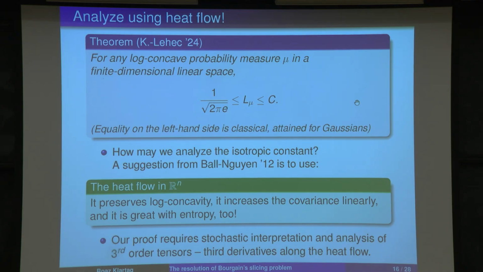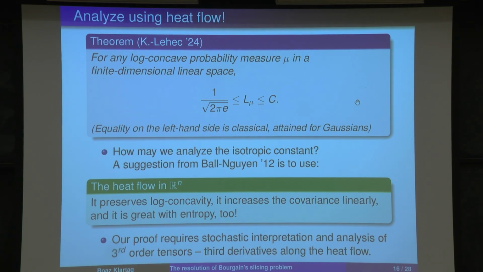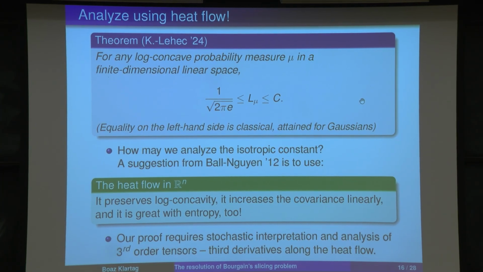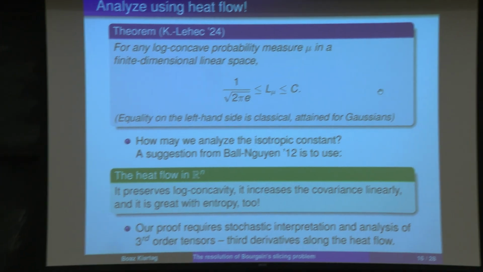Second fact is that if you convolve two measures, the variances just add. You just add the variance of the Gaussian to the original measure. So the covariance changes linearly, and you can just normalize it out. So basically, the covariance pretty much does not change. It's a very simple thing under the heat flow. That's the second reason. And third reason is that heat flow in Rn is also very